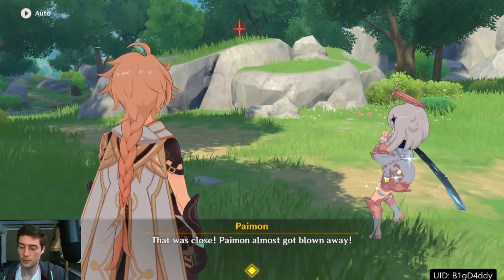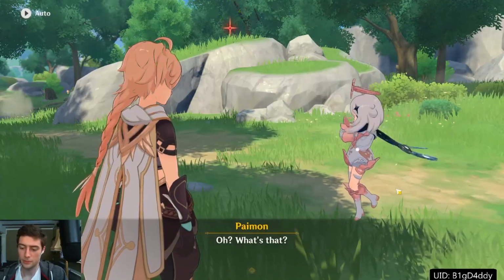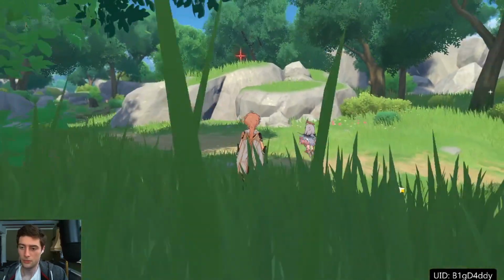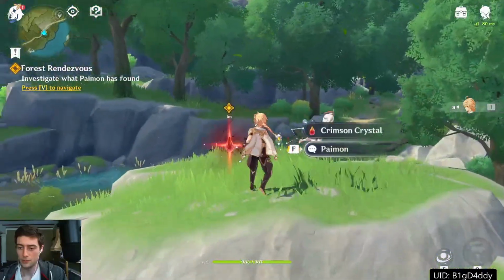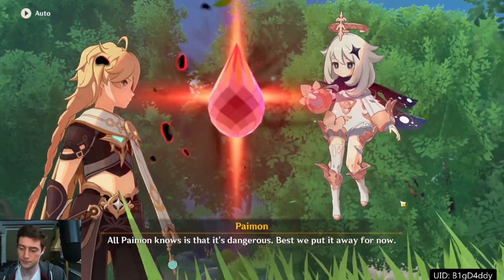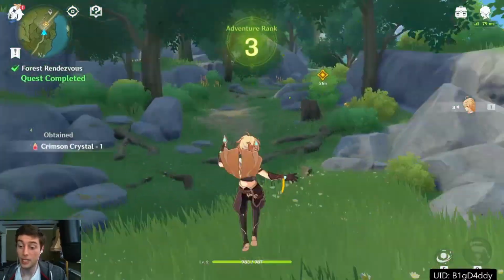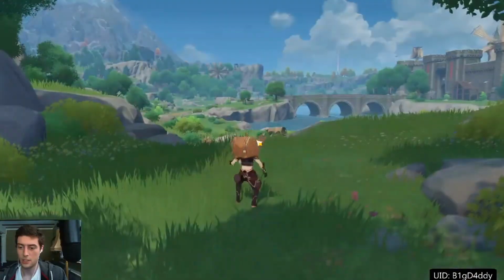All right, so after that cutscene with Stormterror, you're going to want to click through this dialogue with Paimon. Again, you can just click either of those dialogue options on the right. You'll have to dash up towards this red gem over here. Make sure Paimon gets there before you pick it up, and then it'll trigger another cutscene. You'll skip through the dialogue with her,